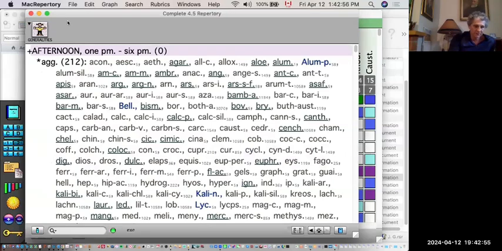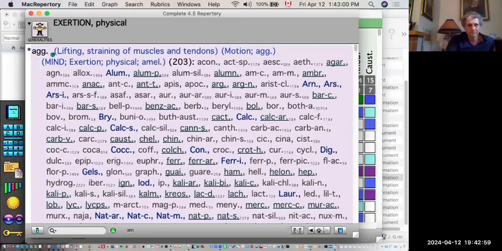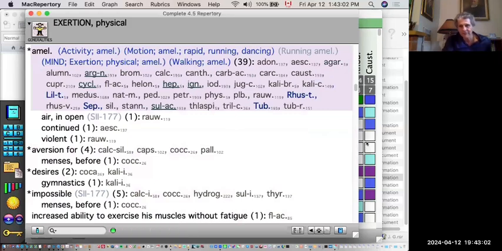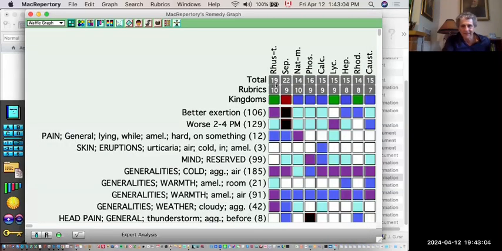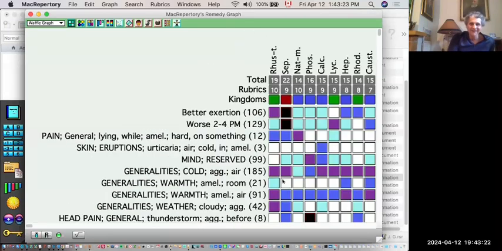So let's look. Yeah, it should be a 3. Yeah, it's a 3. But here it's 10-19. No, 9-22. Well, the other one was 16. No, 11-28. So a big difference. Like for instance, better in the sun, it's not even here. For us, it's a 3. Sepia is a 3 for better in the sun. So that's a big difference.